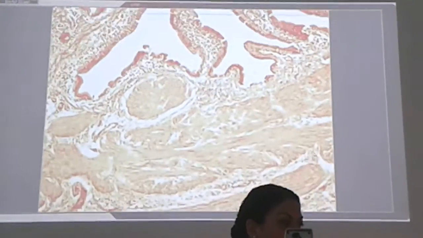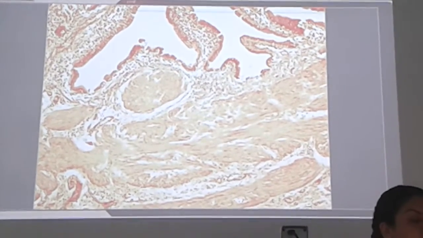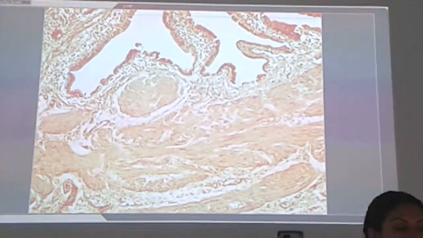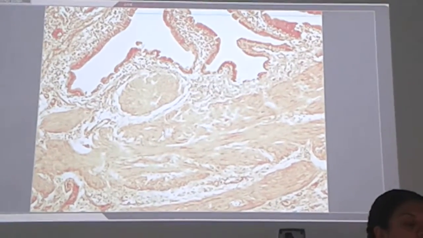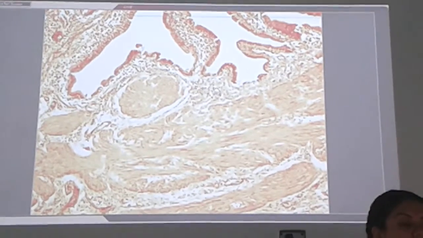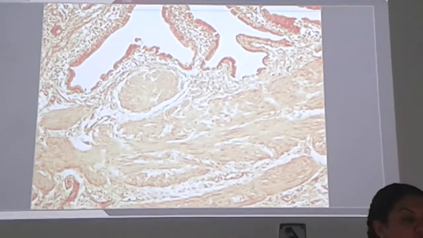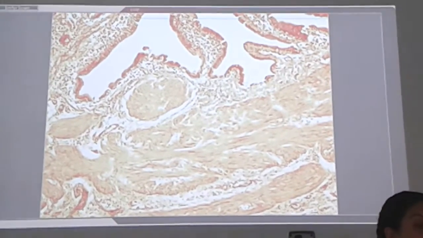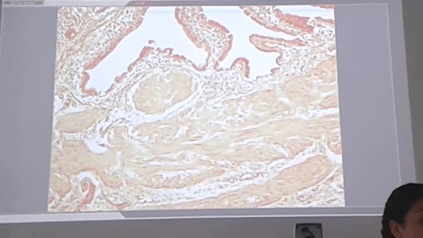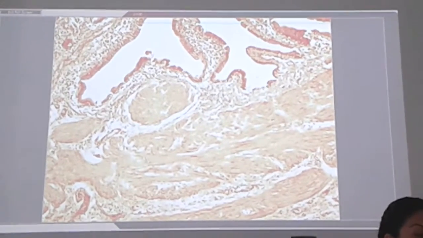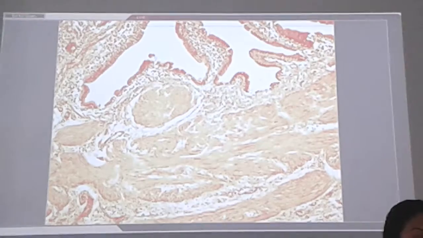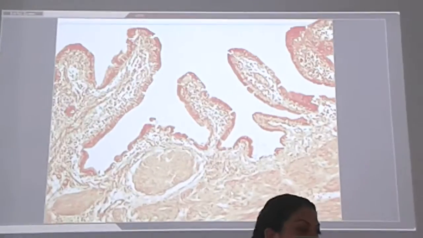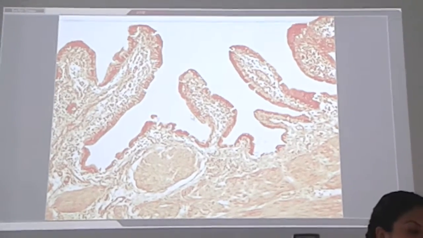Beneath the mucosa, we have a muscle layer. But this muscle layer is dispersed in between the connective tissue. These are all connective tissue cells, and among the connective tissue you may see muscle tissue like this. So what I'm trying to tell you is the histological feature of the gallbladder is